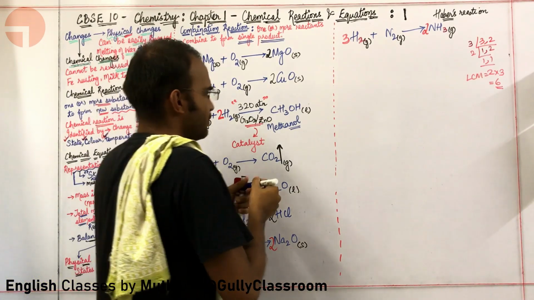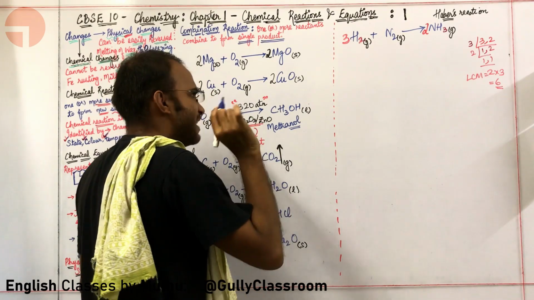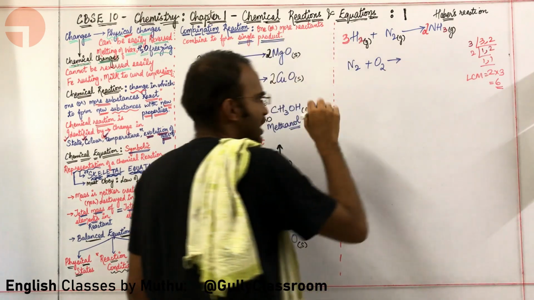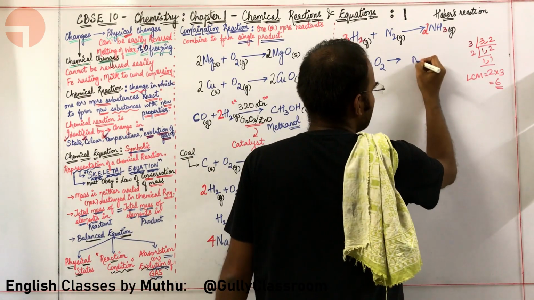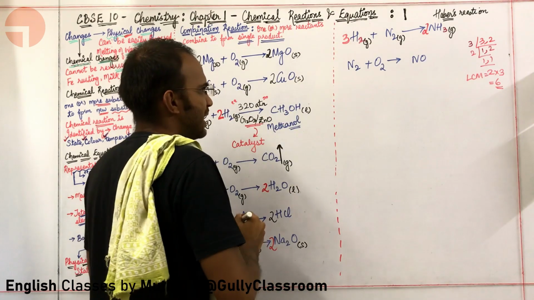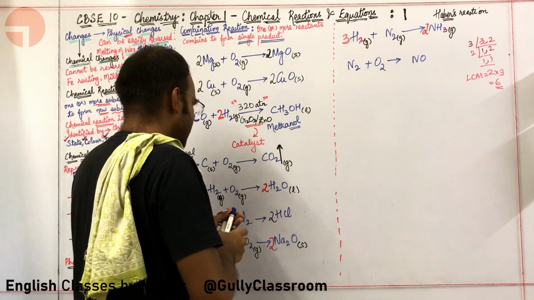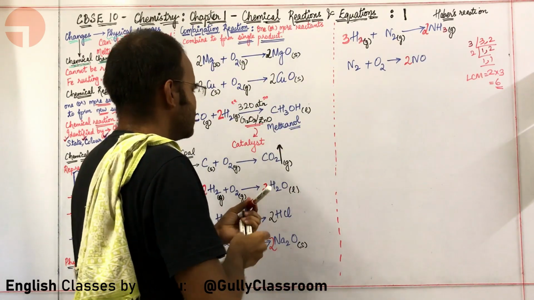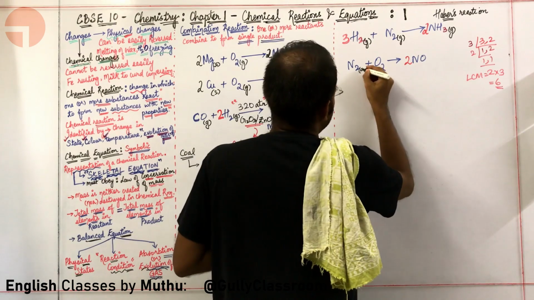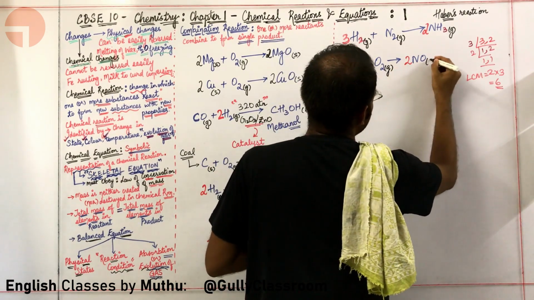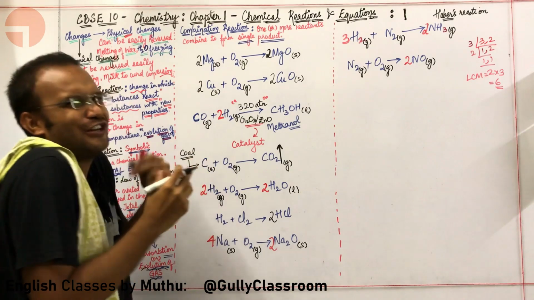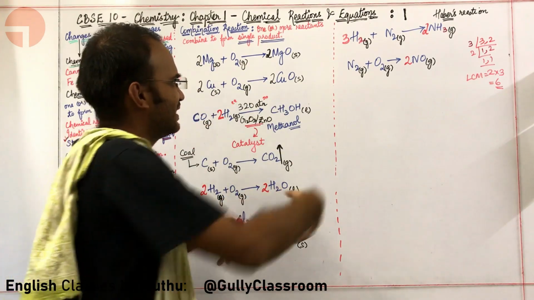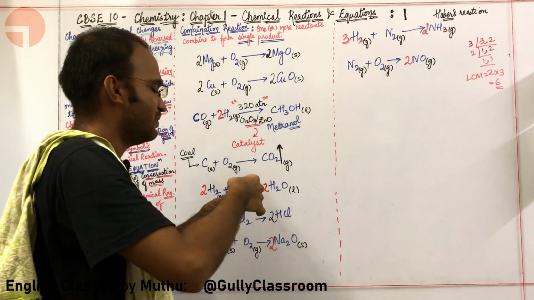Okay, let me go for another reaction where I am going to write N2 plus O2 will give you NO. How am I supposed to balance this particular reaction? Here I am going to simply put 2 over here. This particular reaction is balanced. Okay, sir. Kindly tell the physical states. It's not actually necessary to write the physical states for a balanced reaction, but anyway, in order to get a feel for it, I am simply writing everything. Nitrogen and oxygen combine to form nitrogen oxide.